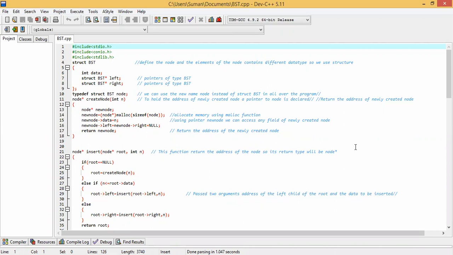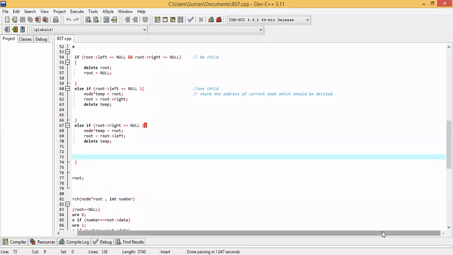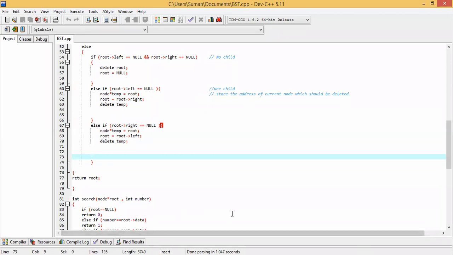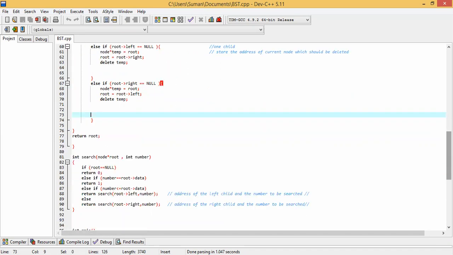If root equals null, then we return 0, meaning nothing is to be searched because the tree is empty. If the number we want to search is equal to the root data, the number is present and we return 1.